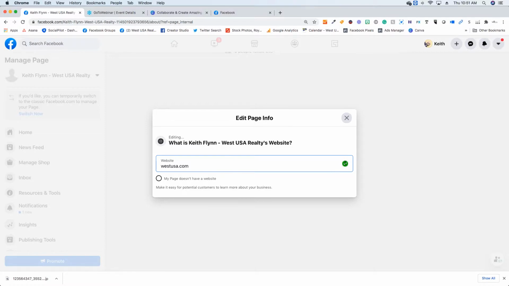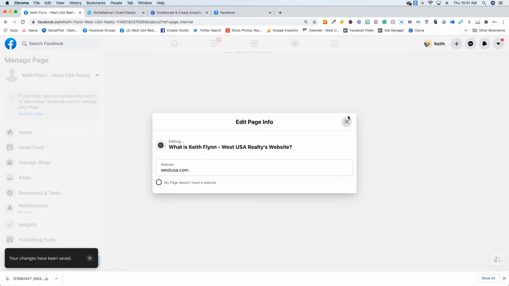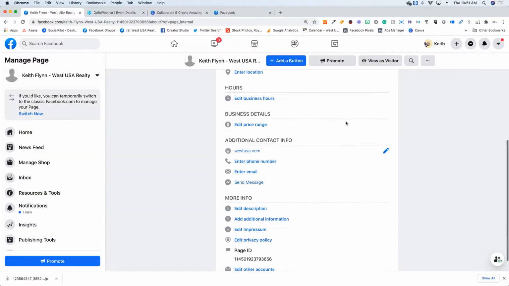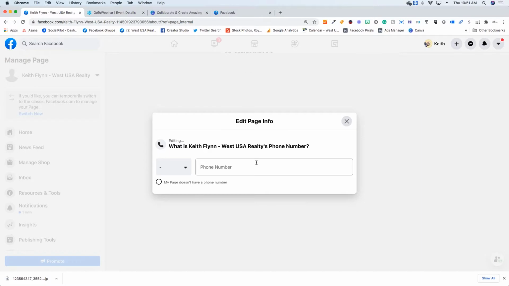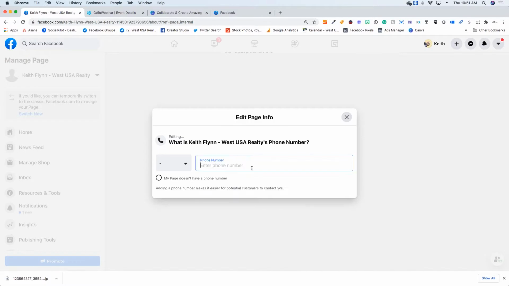So from there, I clicked on the enter button, got the little check mark indicating that what I did was correct. We're going to go ahead and close that out, and the changes have been saved. And we'll get back to, there you go. So now I've uploaded my website. Phone number, same thing. Jump into the phone number there, add your phone number in, and your contact information will be loaded in, especially if you're going to use your phone number